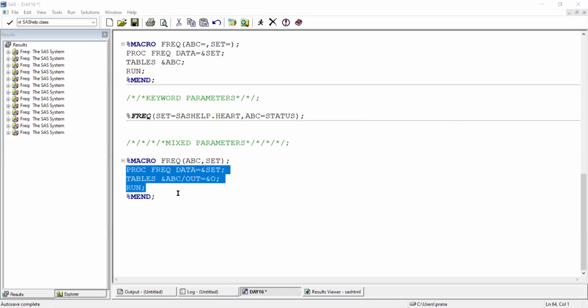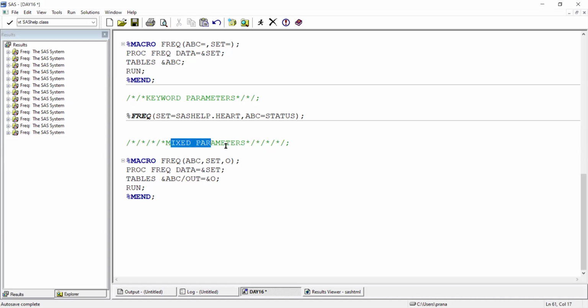Macro variable ABC and set only two. So in this code, we have ampersand O, to mention the three macro variables here. So ampersand O, whenever we are using these mixed parameters,